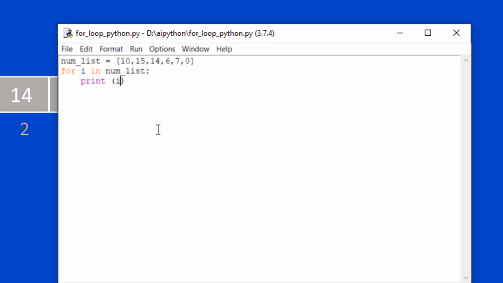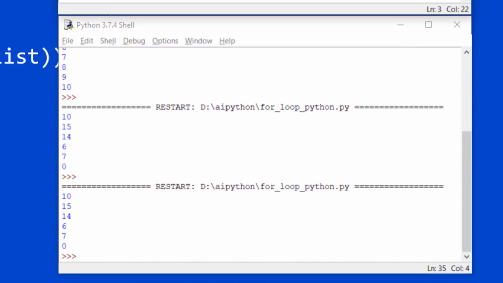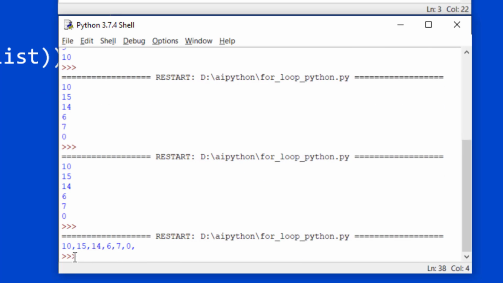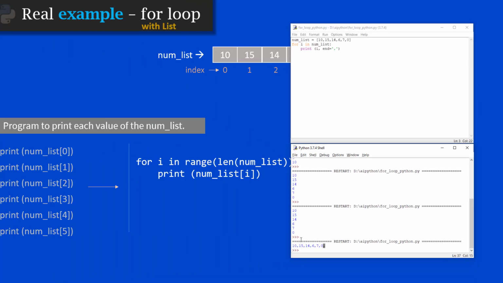You can write comma and equal to, you can give comma here, right? So what it will do, by default this is set to new line, \n, but here I wanted to specify that I want to separate each element with a comma, and save it. Once you execute this, you will see all of them are printed on the same line separated by commas. Yeah, indeed there will be a comma at the end also, but in case you are interested, you can print